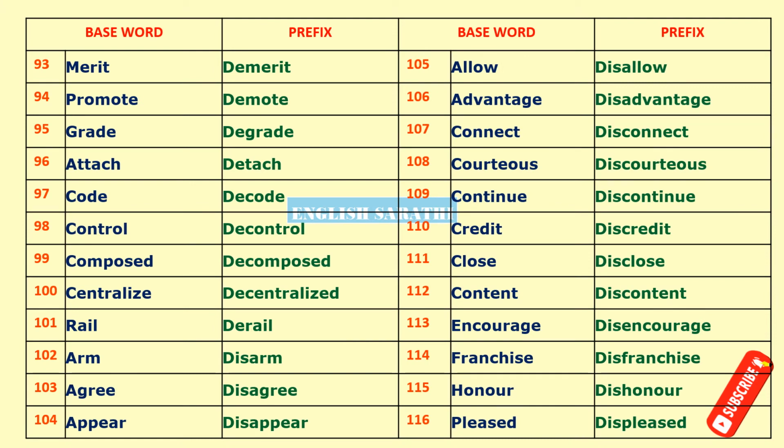merit, demerit, promote, demote, grade, degrade, attach, detach, code, decode, control, decontrol, composed, decomposed, centralize, decentralized, rail, derail, arm, disarm, agree, disagree, appear, disappear, allow, disallow, advantage, disadvantage, connect, disconnect, courteous, discourteous, continue, discontinue, credit, discredit, close, disclose, content, discontent,